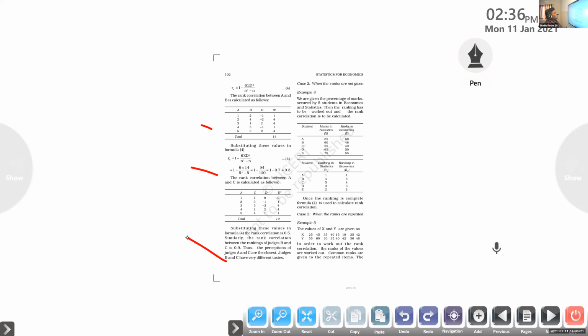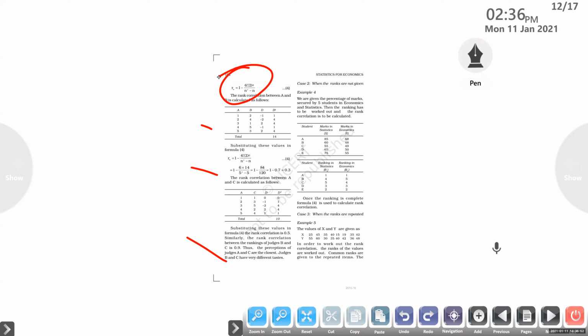When ranks are not provided, I already told you, first of all we want to calculate the ranks. Then only we can do it. So here, I am giving that opportunity for you people to find out the answer. The answer is not provided in the textbook. It is your responsibility to do it. The equation is the same one. Here it is: Rs is equal to 1 minus 6 sigma d square divided by n cube minus n.